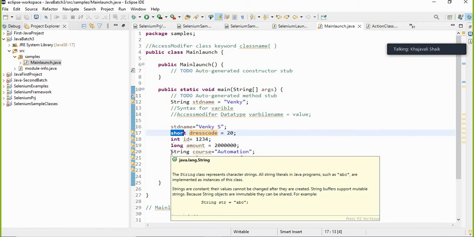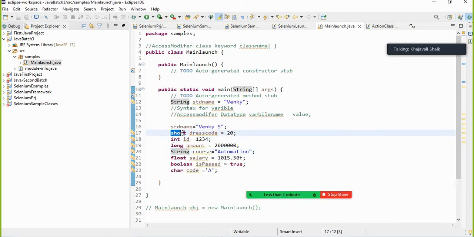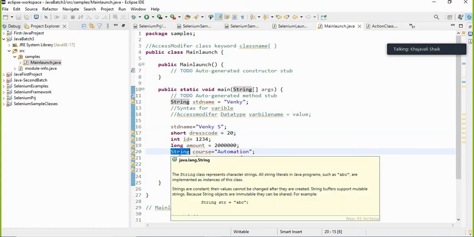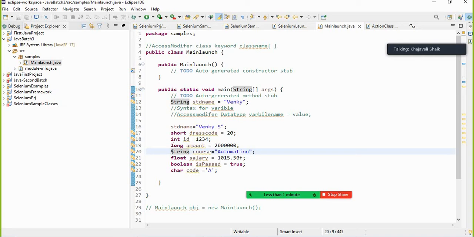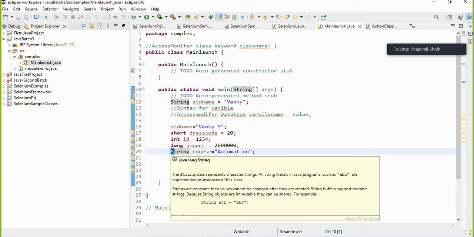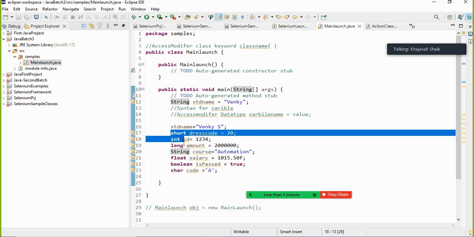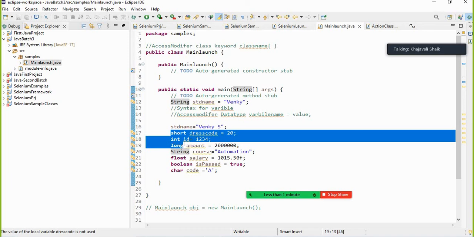You are seeing the difference, right? All other things came in one color, but string is in bold. The starting letter is a capital letter. Did you observe the difference between other data types and this data type? So all those things become primitive data types, and these primitive data types will be stored in stack. In memory we have two types, stack and heap. All primitive data types will be stored in stack, and all non-primitive data types will